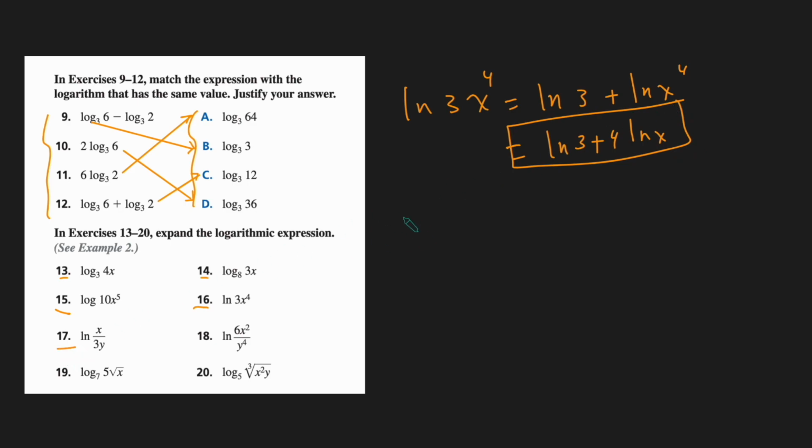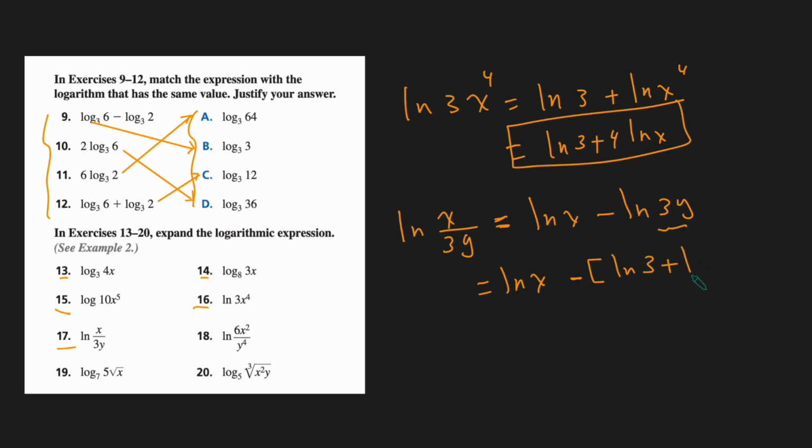Number 17, natural log x over 3y. Pay attention because we have to expand these until we can no longer expand it. So I'm going to use the quotient rule. It's going to give me natural log of x minus the natural log 3y. I can use the product rule for that, so I'm going to expand that one more time. And this is going to be a negative. Remember, make sure that you distribute your negative inside this. So it's going to be natural log 3 plus natural log of y. And if you open this up, the final result would be